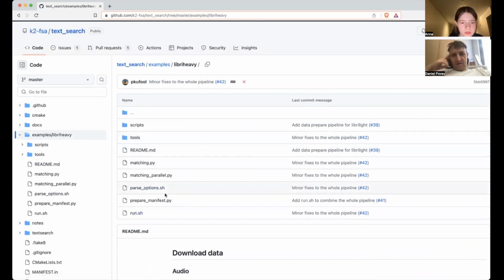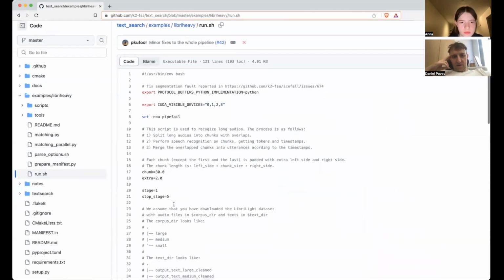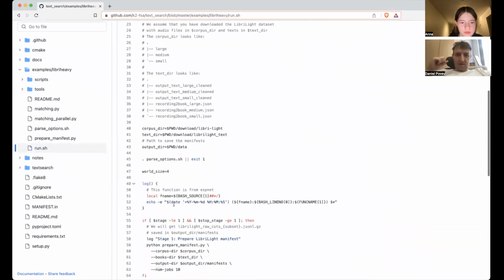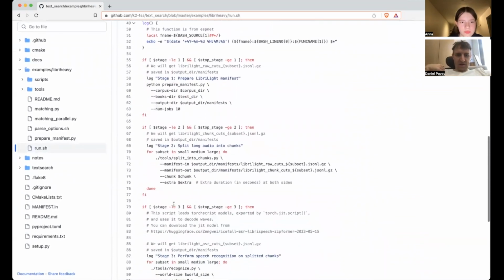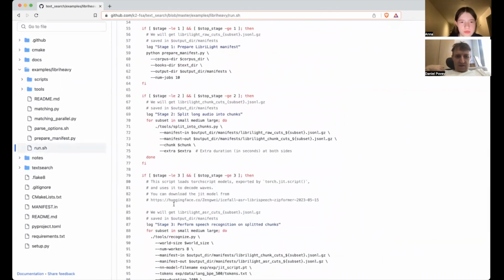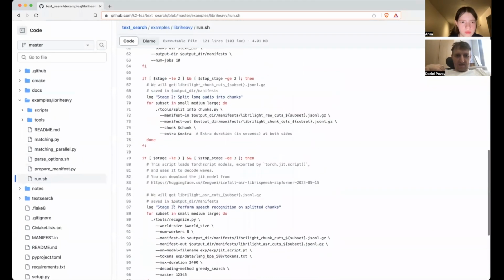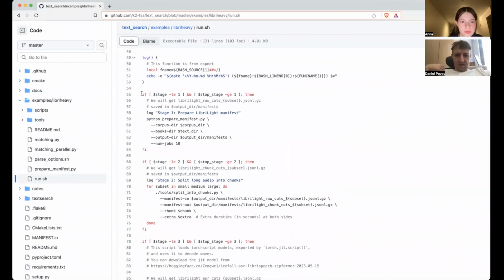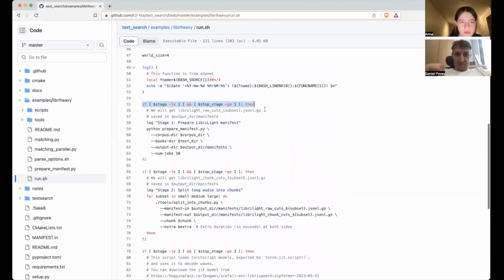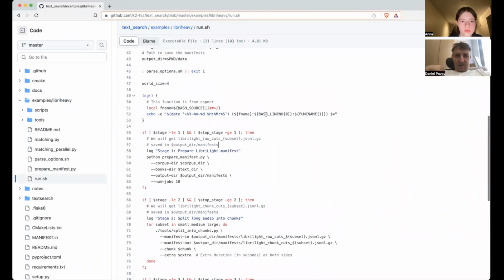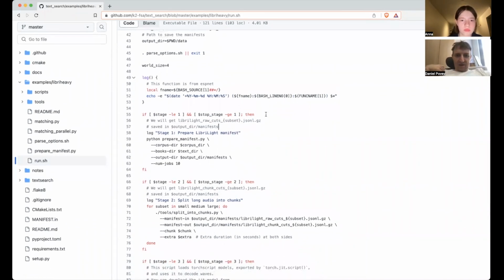Okay, let's look at run.sh. Okay, scroll down a bit. Okay, wait there a little bit. So now that jit_script.pt, we will have downloaded that from somewhere. I'm surprised that that isn't mentioned in the